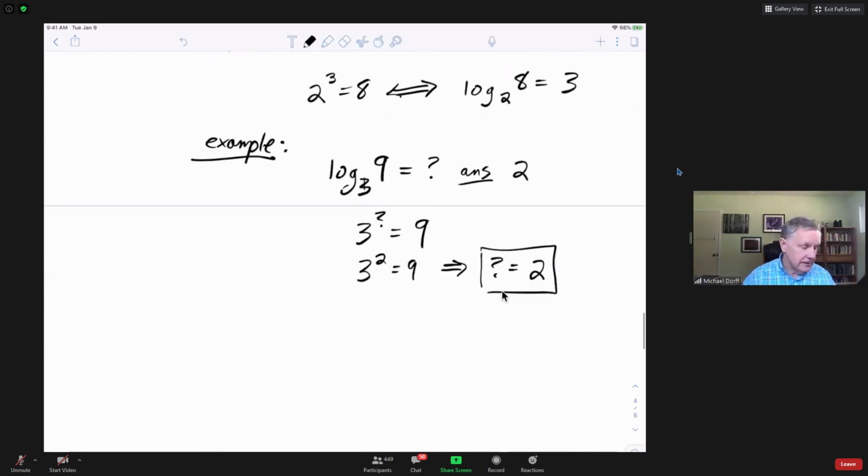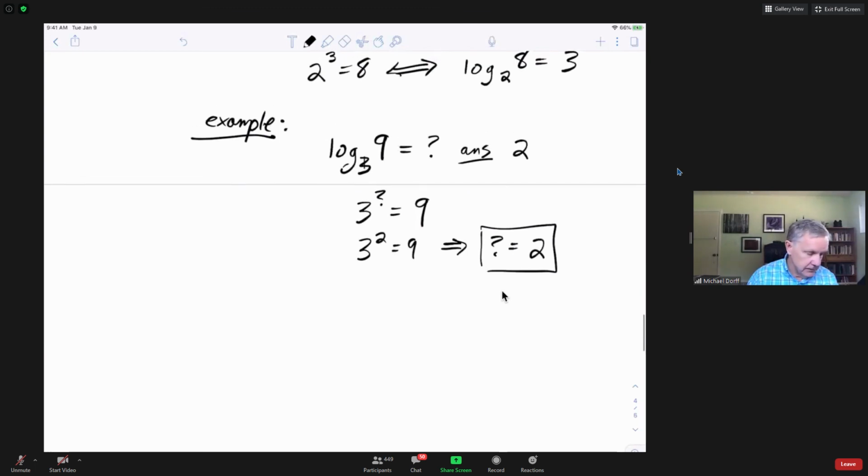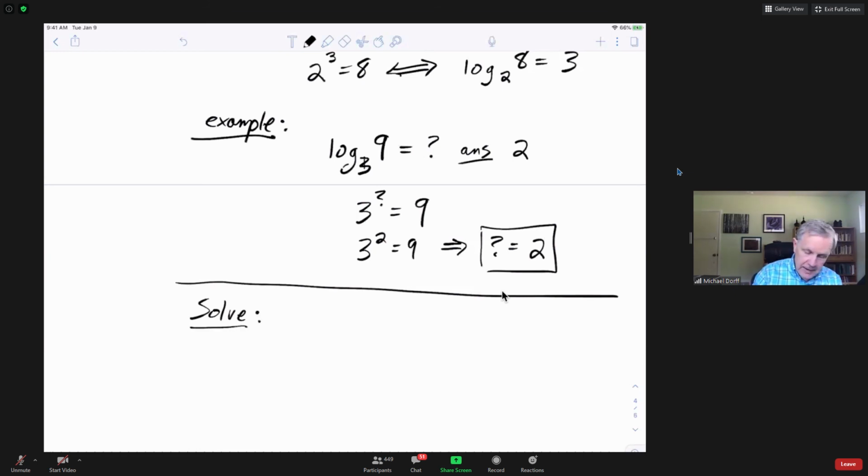So you can use logs to undo exponential functions. So I'll give you an example of doing that. So if I had to solve 2 to the x minus 5 equals 3 for x, what I could do is I can take log